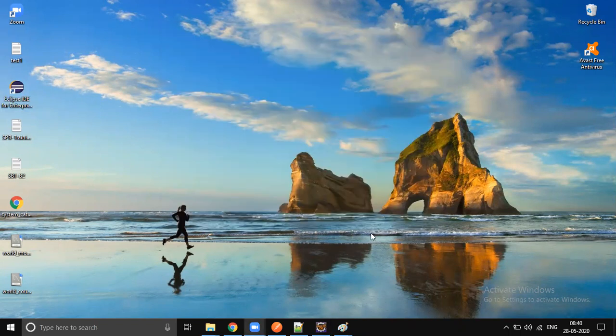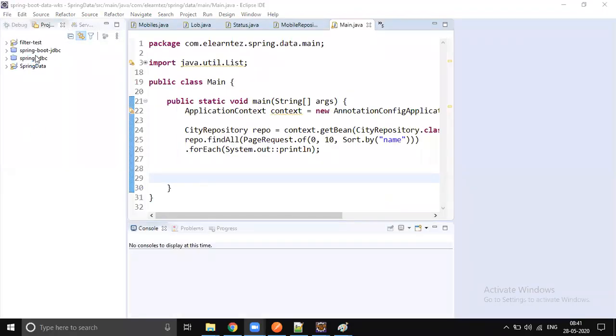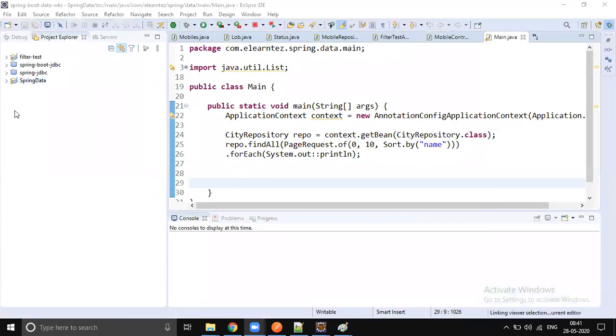It's a Spring Boot property. Spring Boot JDBC data JPA. I think I added it in the filter test.